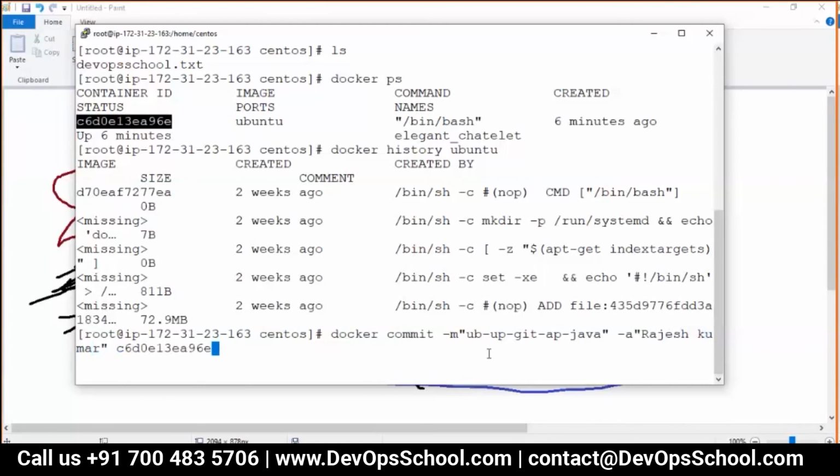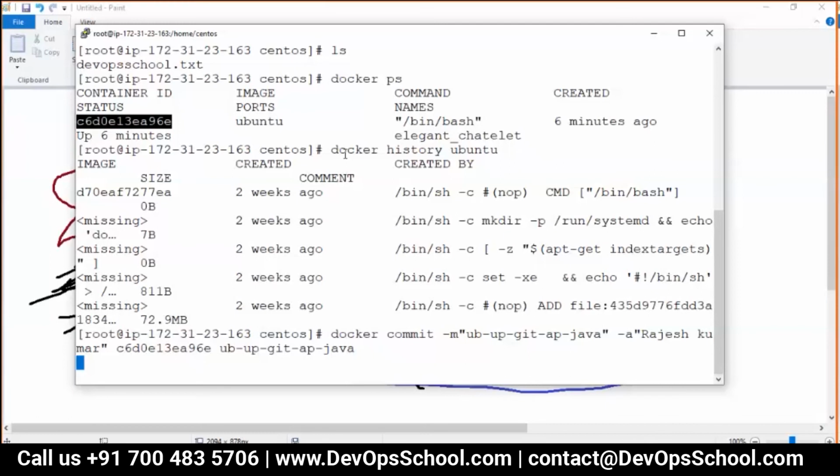And you want to commit with the same name. This is also possible, but I want a different name. This one. Very simple. So this commit operation will take whatever diff directory this container has, create that diff directory into a read-only layer and put it in the image database.